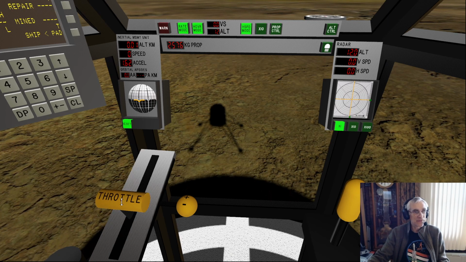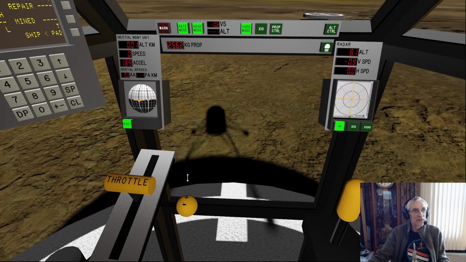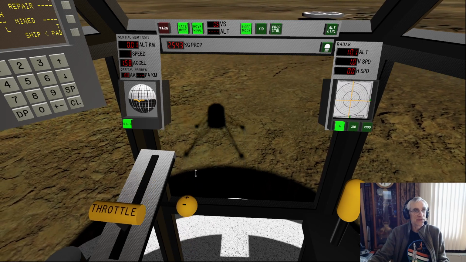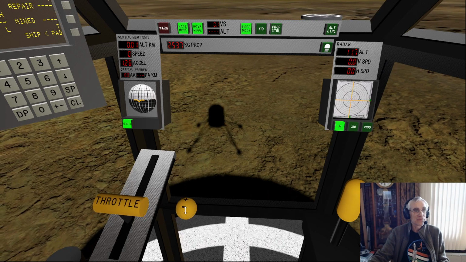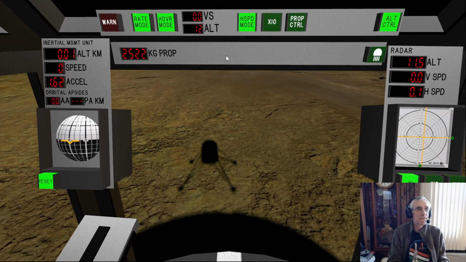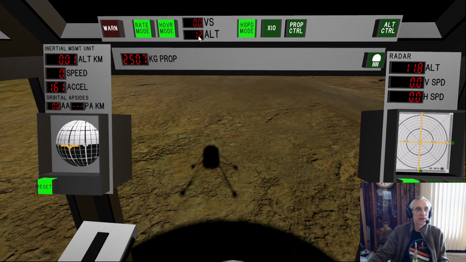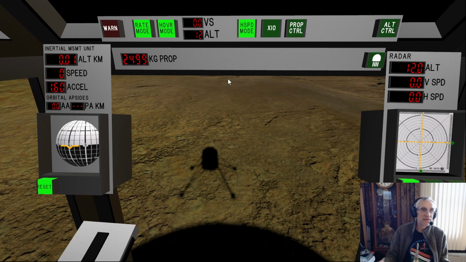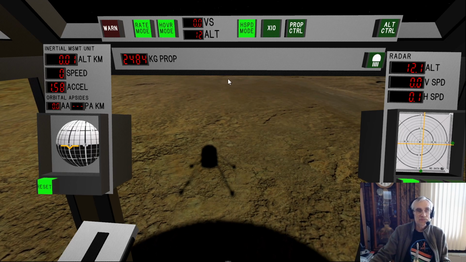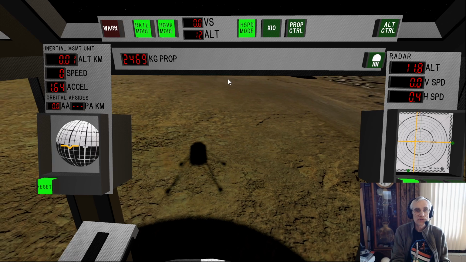No, it's not letting me do that. If I use my controller, yes, I get this warning. I have to go back into hover mode. This vernier control here lets me change the ascent and descent rate when I'm in autopilot mode. And we can see in this display here our vertical speed in hover mode and our current altitude. So as long as we have that set, we're going to try to stay at this current altitude of 12 meters. And we can control the horizontal velocity with our joystick.